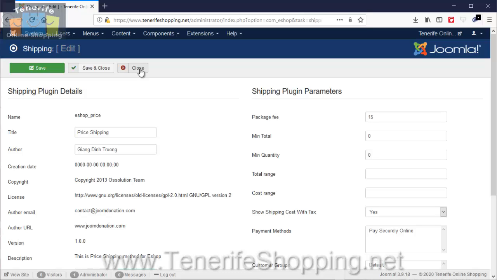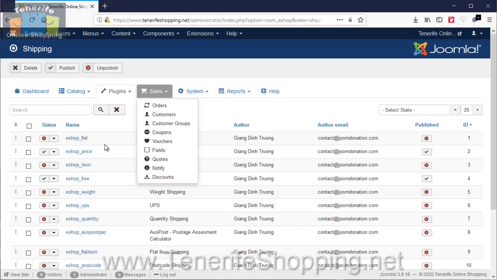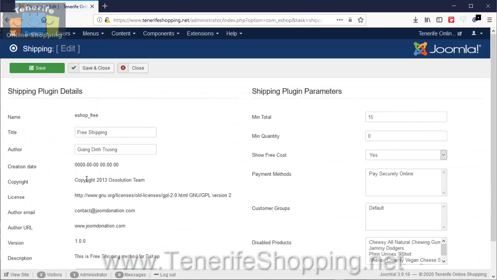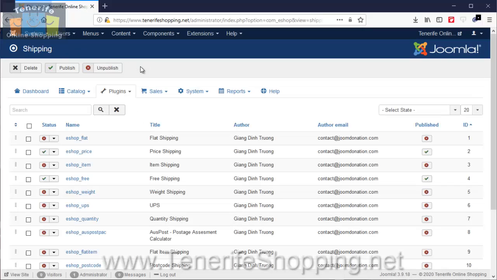And what happens, and I'll demonstrate this in the shop, is the delivery fee is configured in price shipping. For example, 15 euros in this case. If the shopping cart value exceeds 15 euros, if they buy more than 15 euros worth of products, as you can see in free shipping, that becomes available. But it's easier to understand this when we actually use the shop. So I'm going to go into the shop now